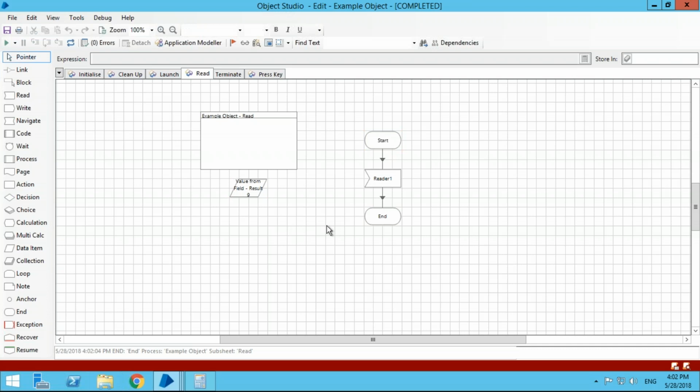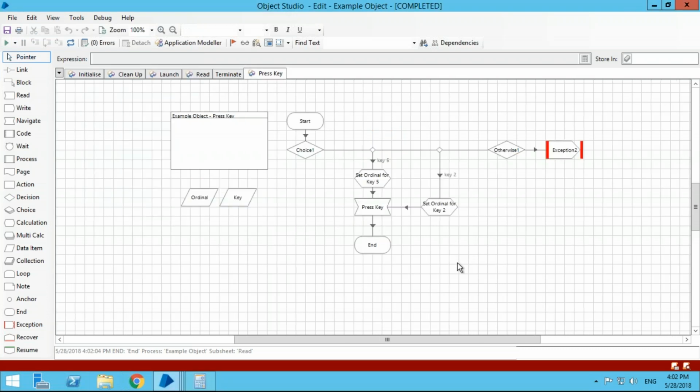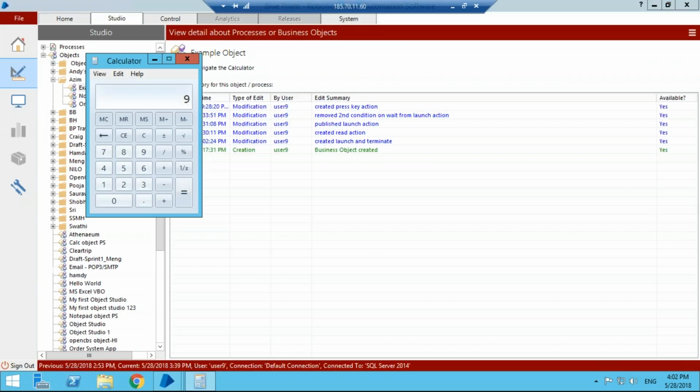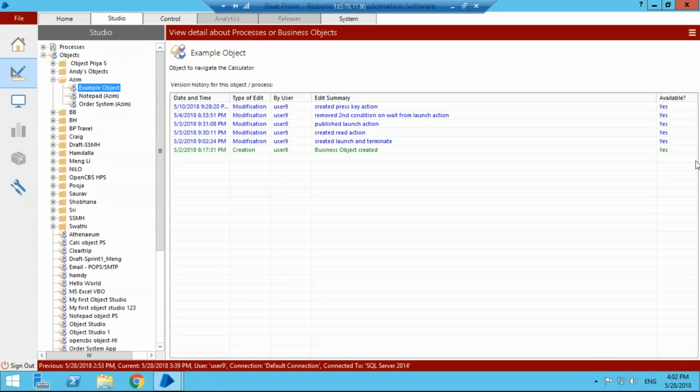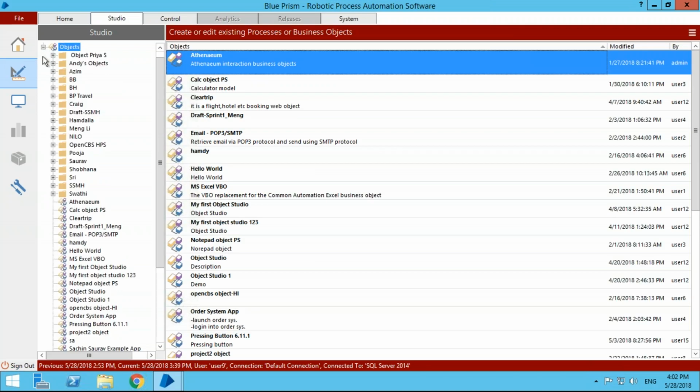So you do different actions in your object, and then you put it together in a process. Whatever it reads, if it's 9, you can then say press another key, number 1 or whatever. So first you do your object, you teach individual actions, launch, read, close, and so on, and then you put it all together in a process. Sorry, it's difficult to get a good overview of the objects on the first day, but the third day is where everything is going to be a lot clearer. But that's the brief overview of it.